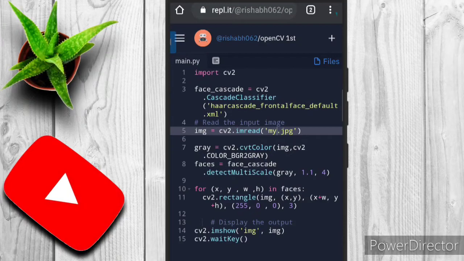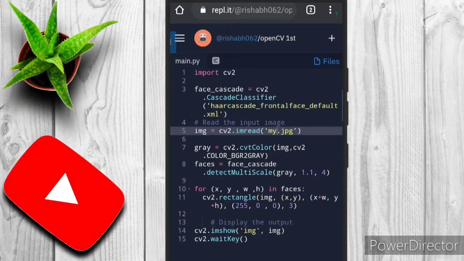Images of everything else except the object which we want to detect. So I hope you understand what a haar cascade file is. There are many haar cascade files in the GitHub account of the OpenCV library. I will provide the link for it, don't panic, and I will tell you how to import it.